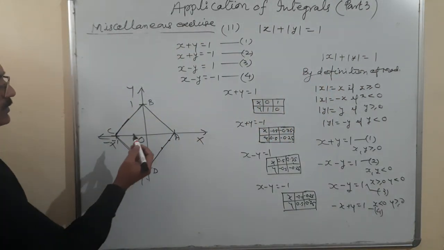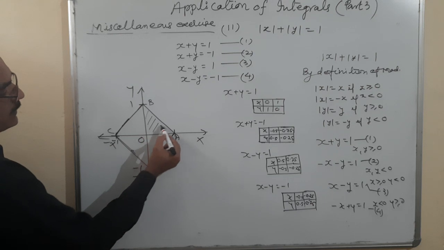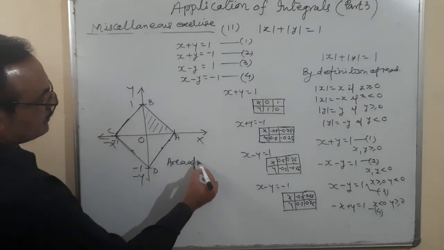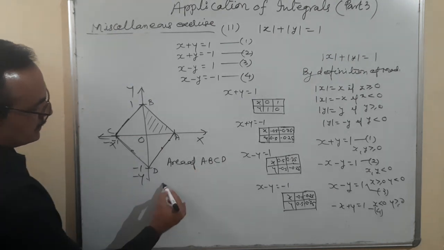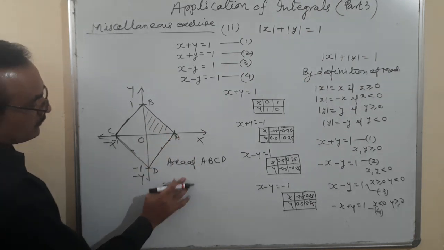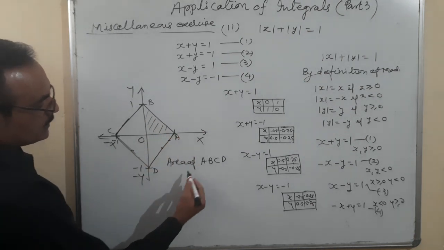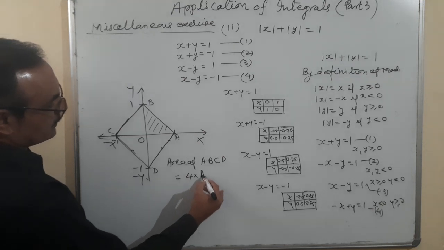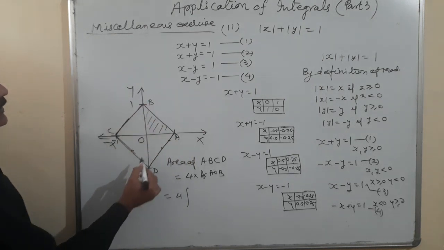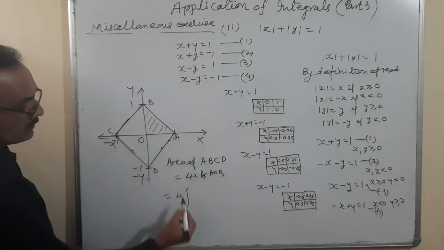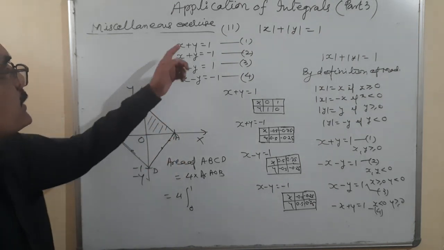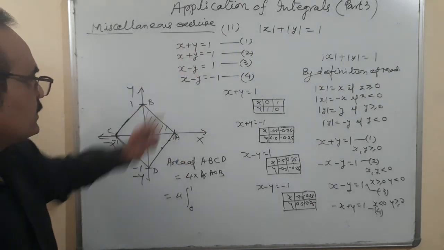Okay. So what should I do? Area of ABCD. Area of ABCD is equal to 4 into area of AOB. So that means 4, and area of AOB, how to find out? Limit 0 to 1. And what is the equation of AB? In the positive direction, x plus y is equal to 1. Therefore, y is equal to 1 minus x